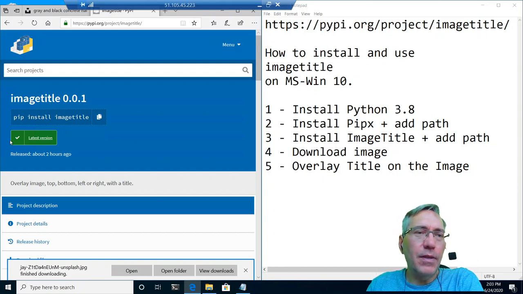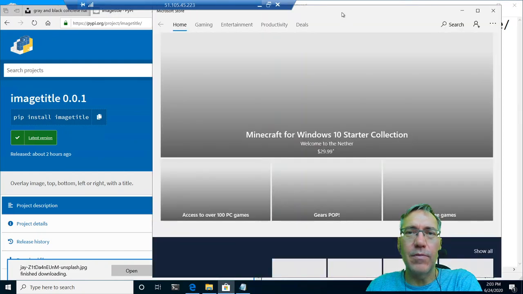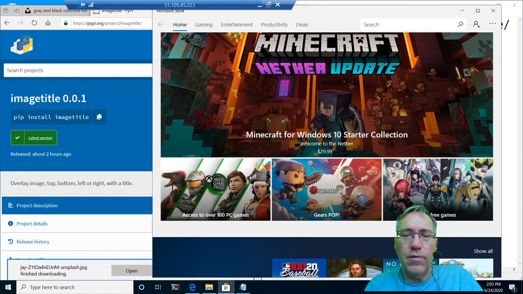In the Python packaging shop, I've uploaded the first release, ImageTile it's called, unsurprisingly enough. So in order to install this on Windows, you need to install Python 3.8. On Windows, that's done very easily nowadays by going to the marketplace, searching for Python 3.8,